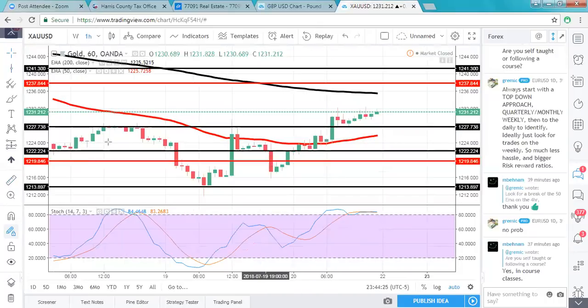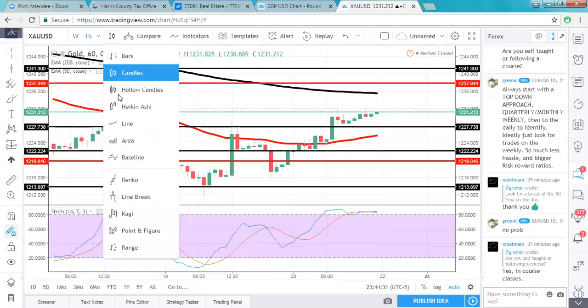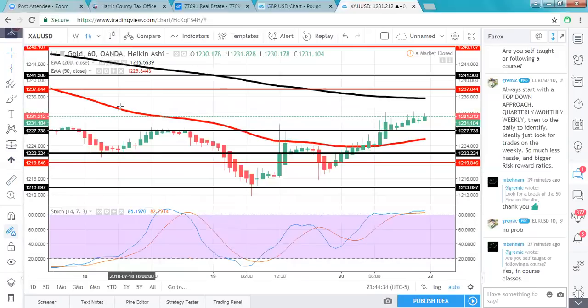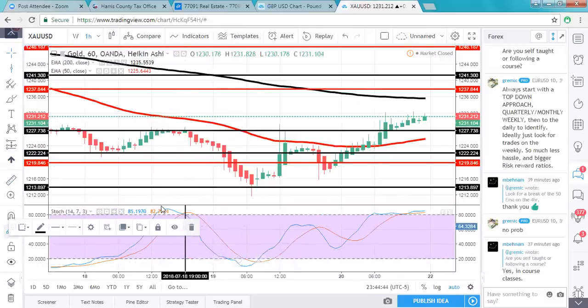We're going to look at gold. And I already have my support and resistance marked up. I'm going to go to Heikin Ashi and show you guys the moves that I caught this week with gold. So I have here my stochastic crossing for the sell, red line on top of the blue line. You also should know that gold has been in a huge sell for a couple weeks now. You can automatically identify that by this 200 EMA. So I have my stochastic crossing,